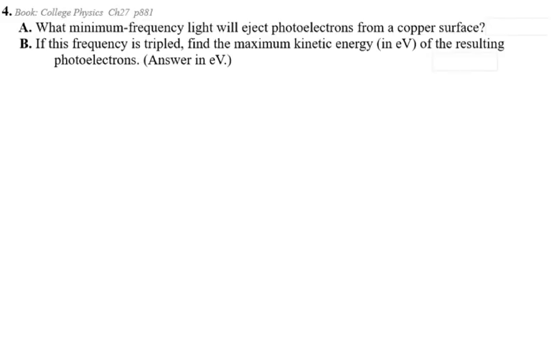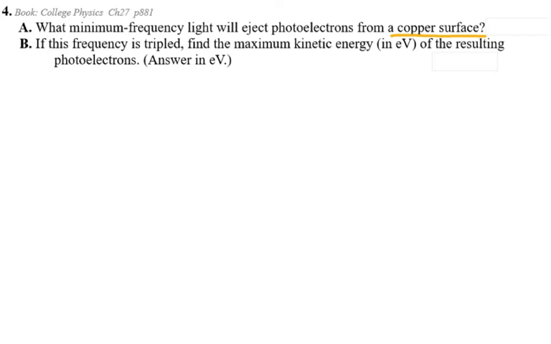For this next question, they ask, what is the minimum frequency of light that will eject photons from a copper surface? So they give you a copper surface. Again, there is a work function or cutoff frequency or wavelength for a copper surface, and then if this frequency is tripled, find the maximum kinetic energy of the resulting photoelectrons. You won't be able to solve this question unless you know the cutoff